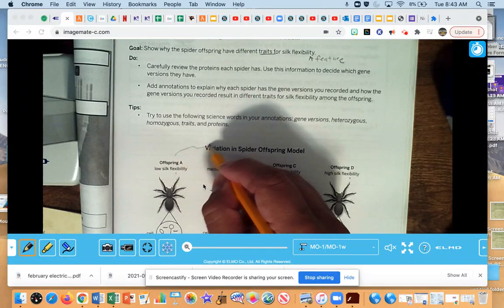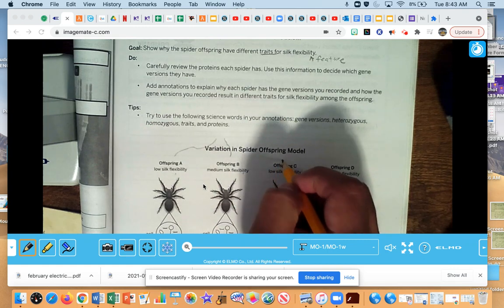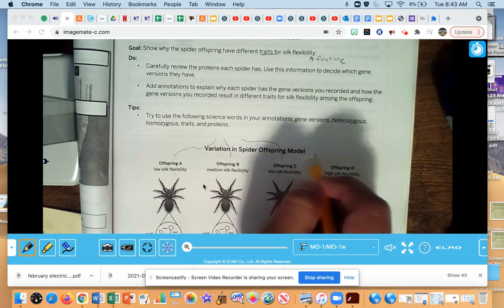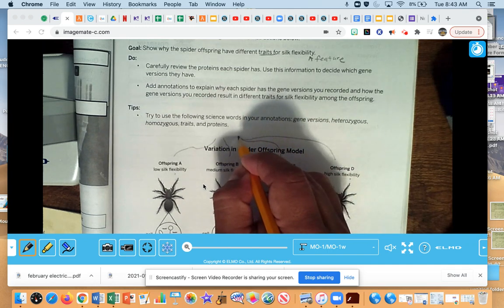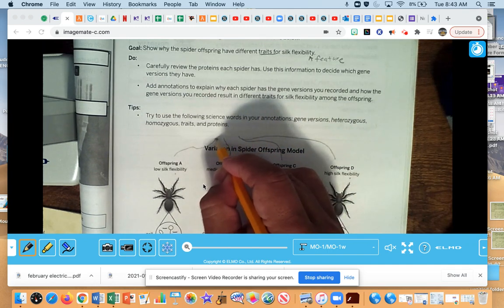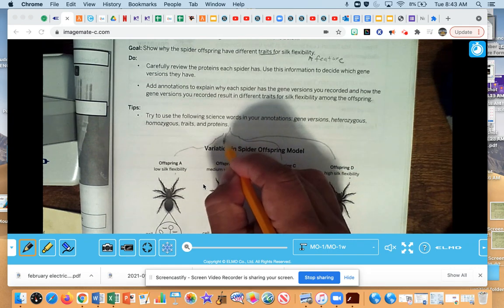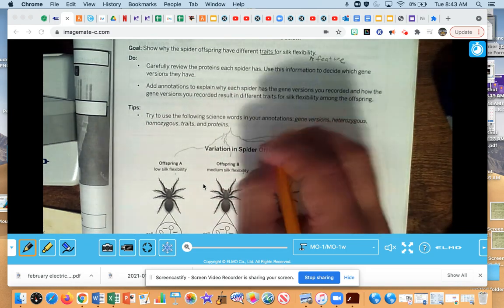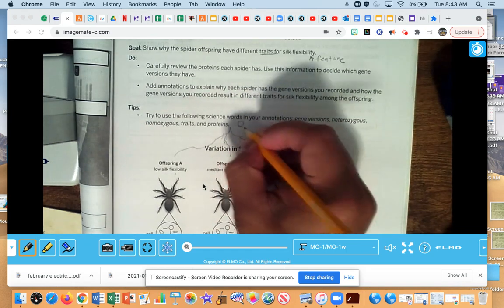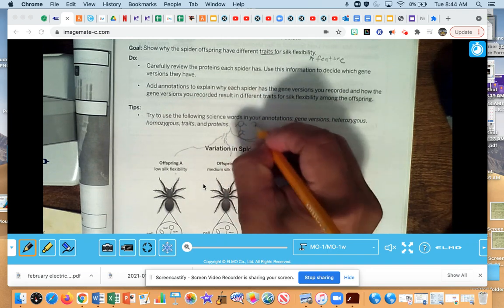Yeah, so if I were to show something different here, I would probably use a thinking map to show that these all came from the same offspring of a spider,